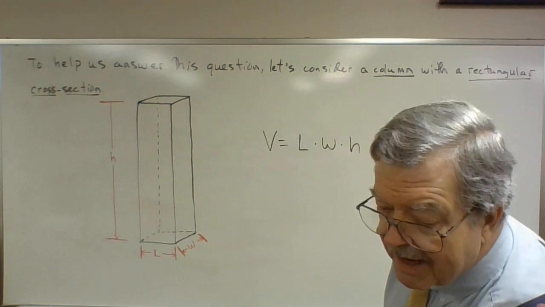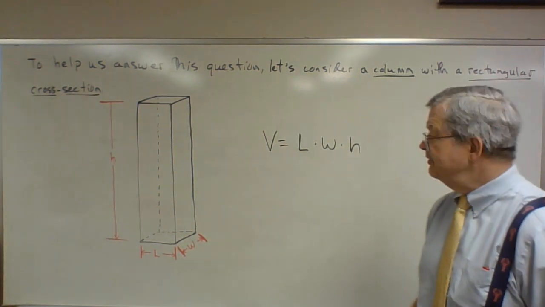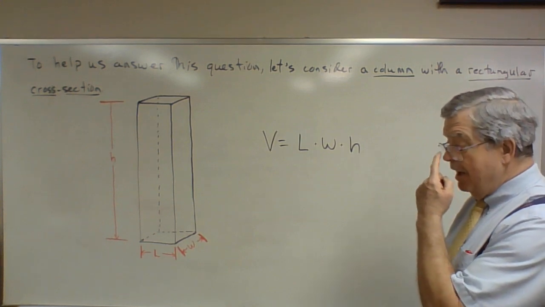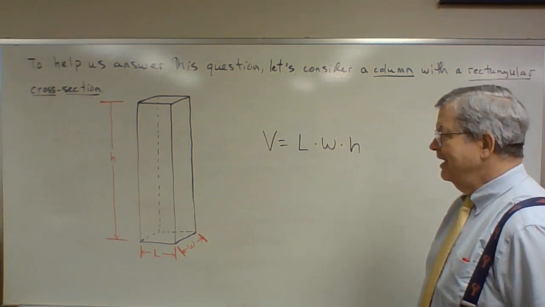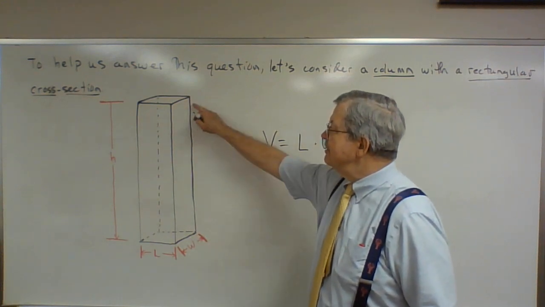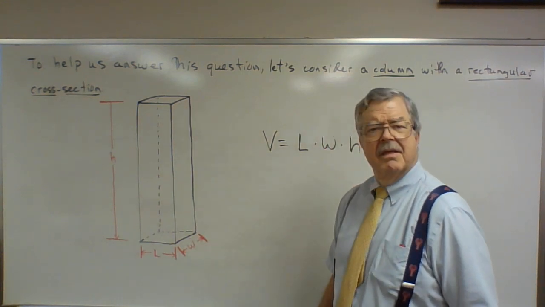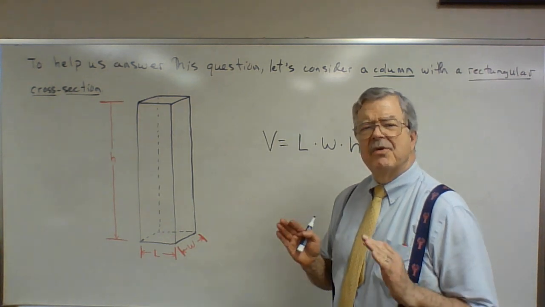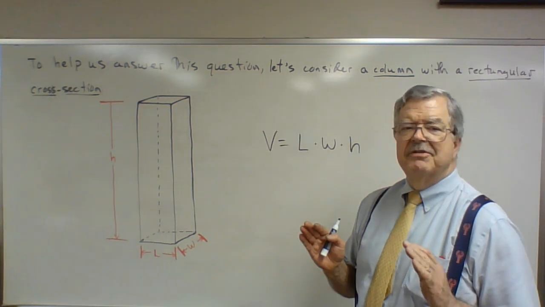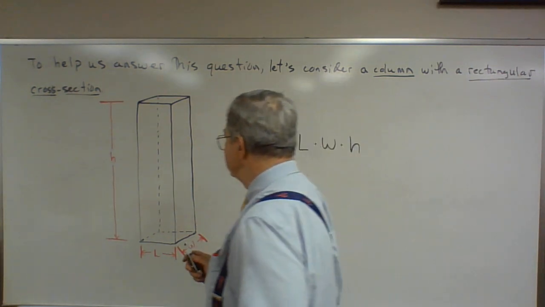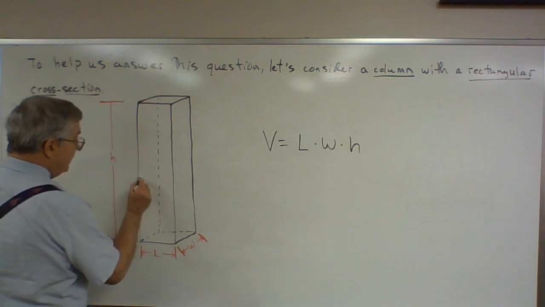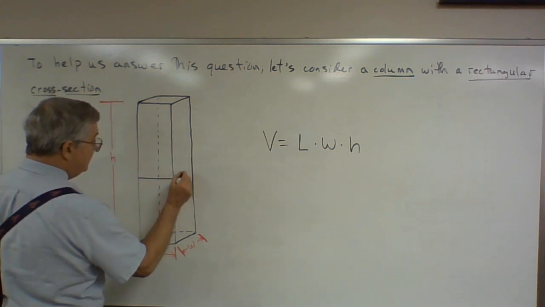Now let's analyze exactly what it is that we've got here. Notice that as we move from the bottom of the column to the top of the column, the shape of the cross section doesn't change. The shape, the size of the cross section doesn't change. For example, if we look right here,